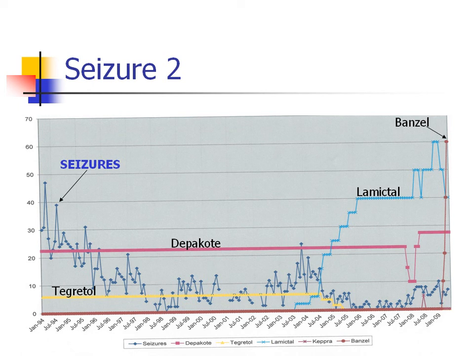It came down with no change of treatment. He was on Depakote and Tegretol originally, and for some reason it decreased to more like 5 to 10 times per month in 1999, 2000, up to 2002, then began to increase back up